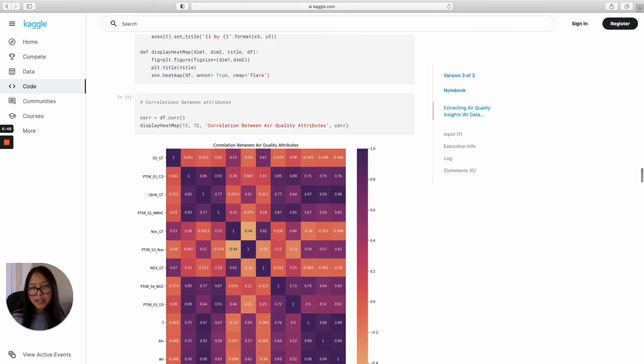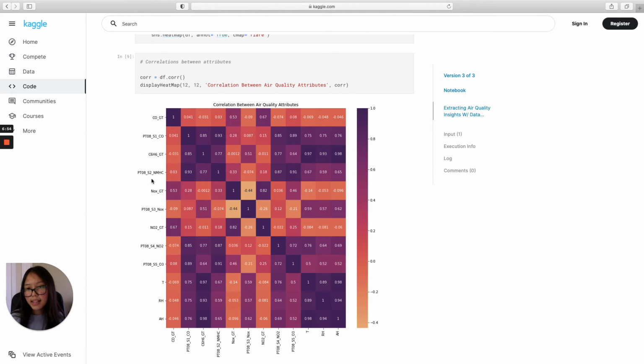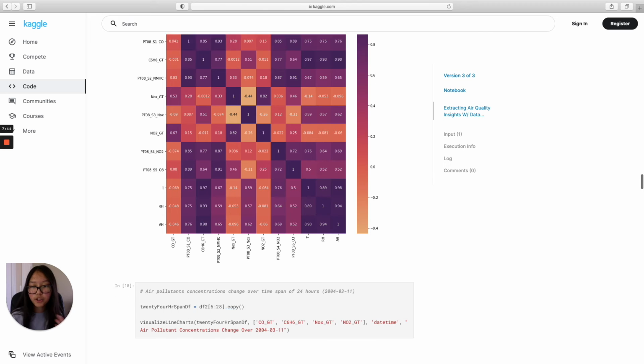So heat maps here, I use it to show the correlation between the attributes to help drive more informed decisions for visualization. And we can see that when compared to itself, it has a complete correlation, which it should, because we're comparing something to itself. But then we see for some other things, for example, temperature has a very strong correlation to C6H6_GT. And that could be useful information.